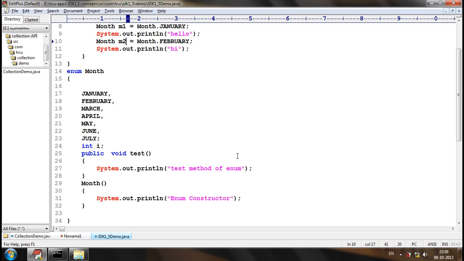Still, it will take half an hour to 40 minutes to complete enums. We'll discuss some more things about enums in the next session. Still, there are many things: the constructors of the enums, initialization blocks, how we can go for final, static, and all. Several things are there in the enum to discuss. Most probably we'll try to complete enums as well as annotations in the next class, if time supports us.